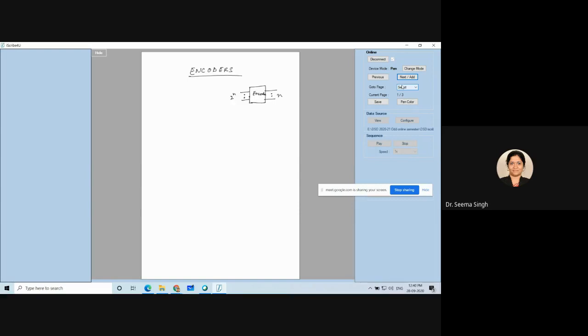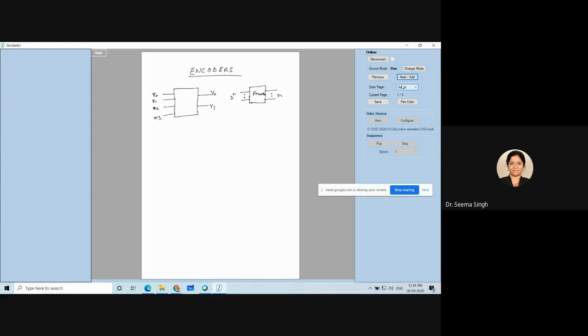Just to make it very simple, I will show you the block diagram of the 4:2 encoder. Okay, so you can see 2 to the power n. In this case, my n is 2. So you have two outputs. We will call them Y0 and Y1, and you will have 4 inputs. So it will be X0, X1, X2, X3.